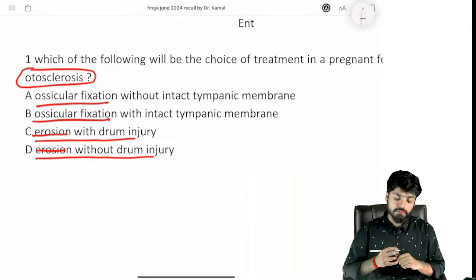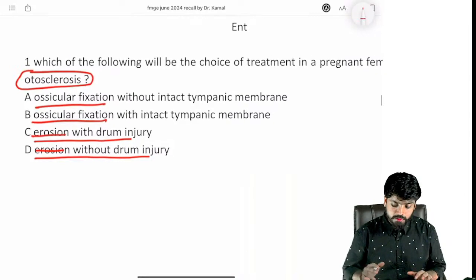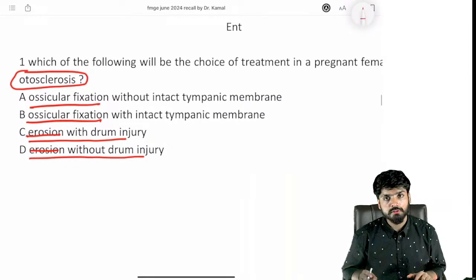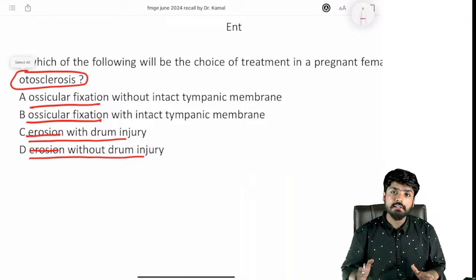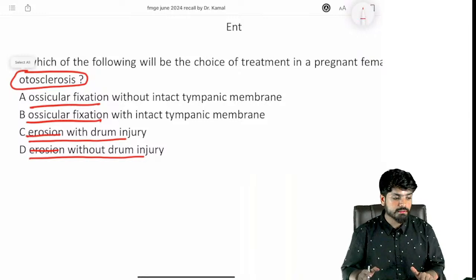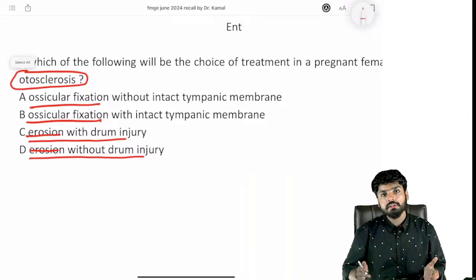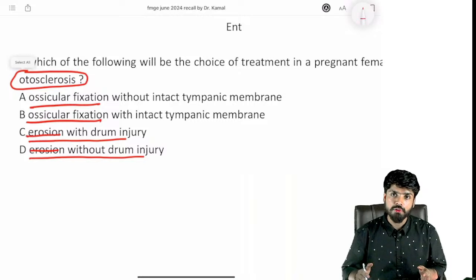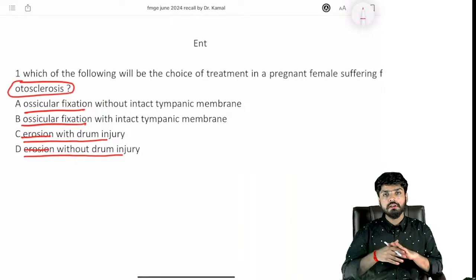Thank you for paying attention in this session. It's a give and take situation for both of us. I can give motivation to you, and by attending and actively participating in these sessions and classes, it's a motivation for us also, because at the end of the day it's teamwork that we are doing over here. Okay, now for the question, ossicular fixation.